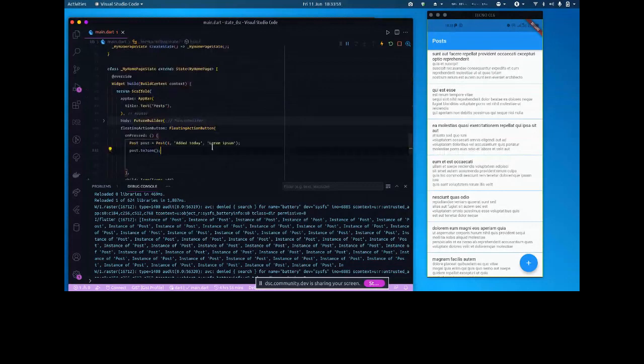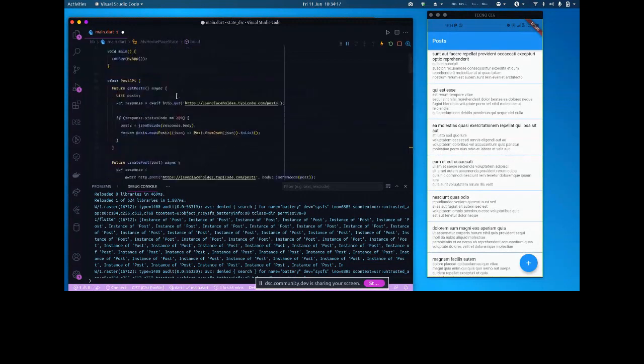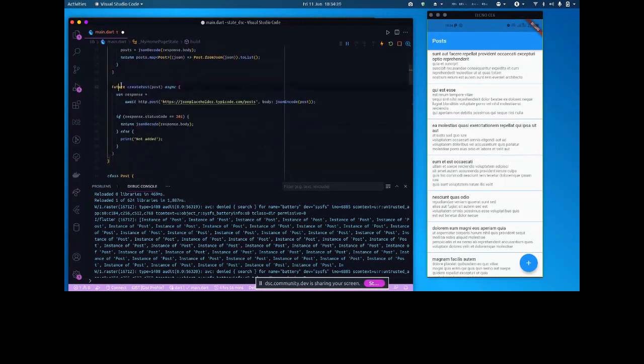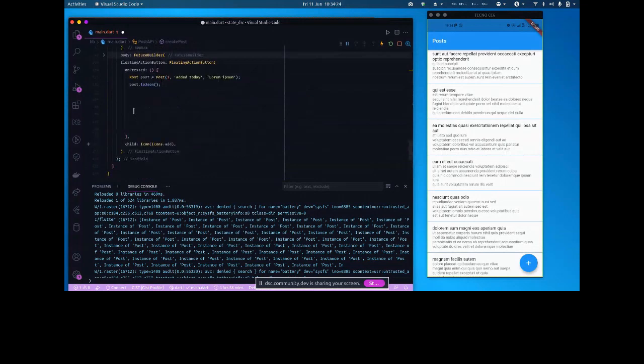So come here now. Inside this, when this button is pressed, this is the post to be added. Normally we'd create a form, but for sake of time, let's just add it directly here. We'd call this function, create post, which is inside post API. So post API dot